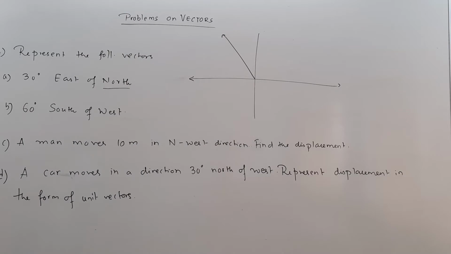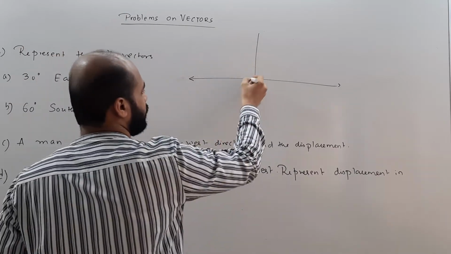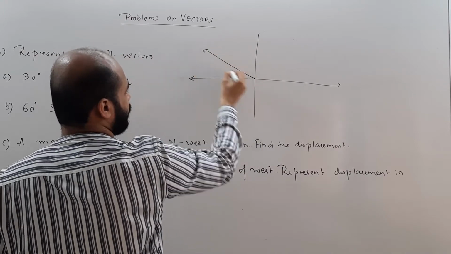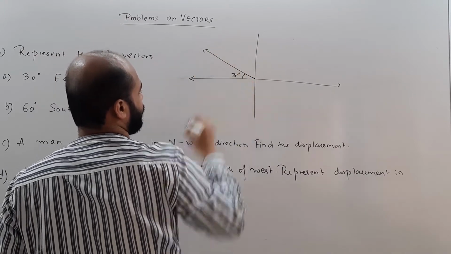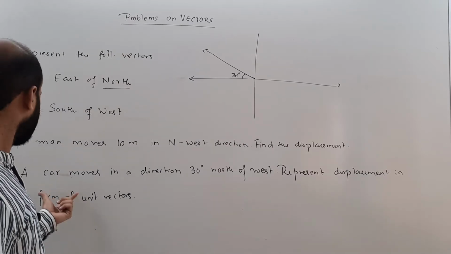Of course this doesn't look like 30 degrees, so let me just wipe it off. So it's going to be something like this when this is 30 degrees north of west,